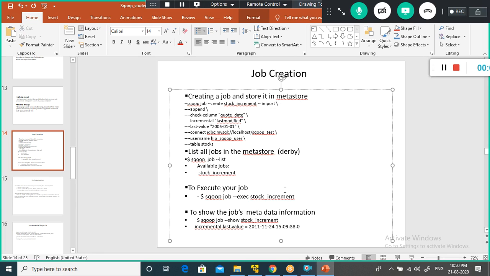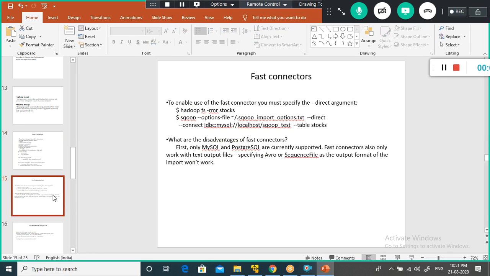What will happen is it takes from the last value: what is the last time you stored the job? See, yesterday you ran the job, and the job got completed by such and such date and time. After that time, I wanted to extract. I don't want to extract yesterday's and today's data once again. Today's data alone needs to be extracted. This is what is called incremental import. You can do incremental export also.